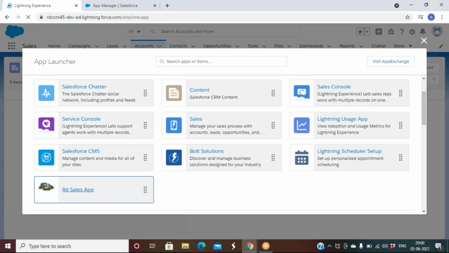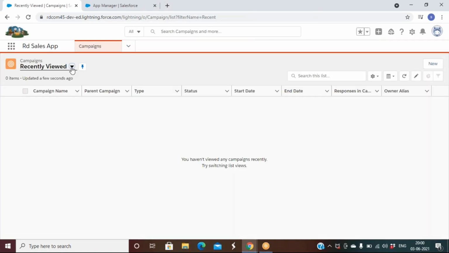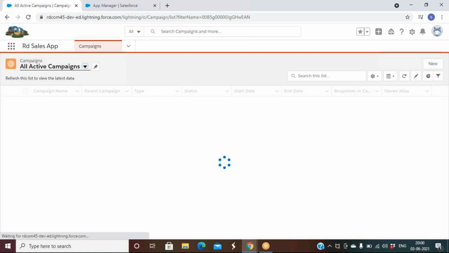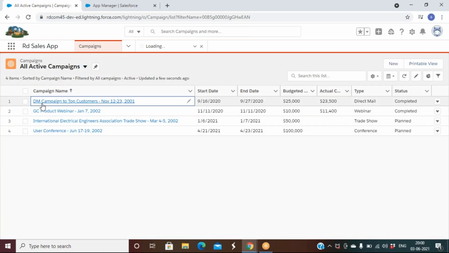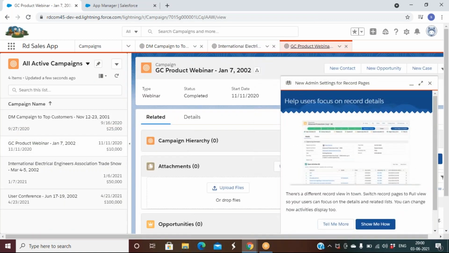Right? Go here, click on the app. Now see, I see everything in a drop down now, right? Correct? Just click on campaign, for example. If I see the records, I can open the records in multiple tabs. Correct? Okay. So this is how we can create both the ways. You want to go with console or standard navigation, whichever you want, you can create.